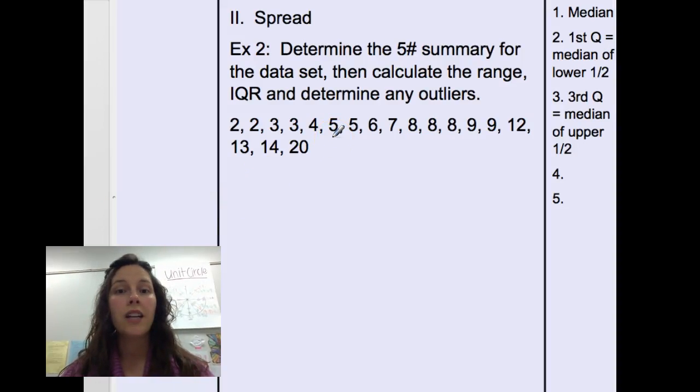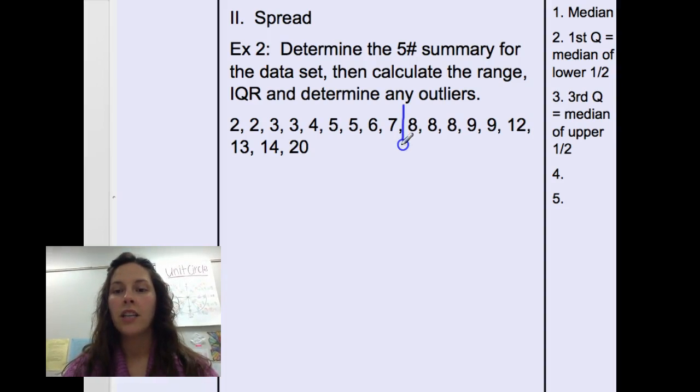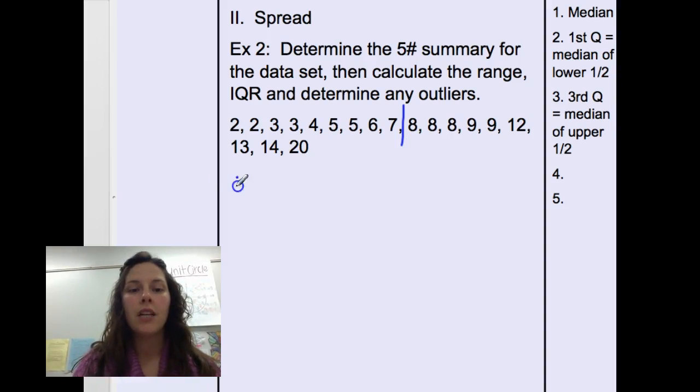All right, so we're going to find the 5-number summary, starting by finding those quartiles, and I arranged our data in order to save us a little bit of time. There are 18 data values. Since that's an even number, to find the median, we're going to find the average of the 9th and 10th data values. So that gives us right here, 7 and 8 are the 2 data values in the middle. So the median